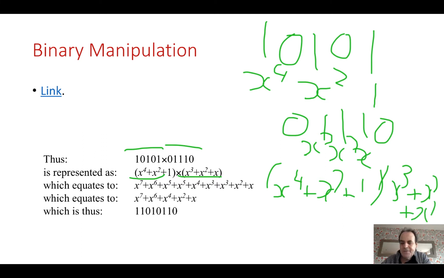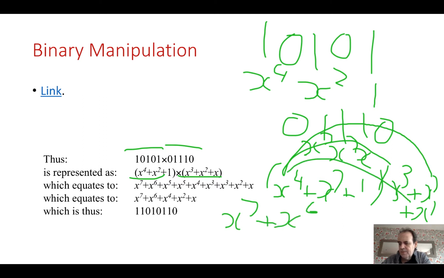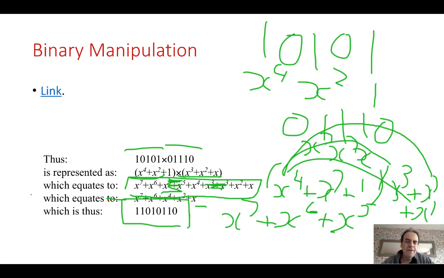Run out of space. So we multiply that one by that one to give us x to the 7. This one by this one, which is x to the 6. This one by this one, which gives us x to the 5. And so on. So we end up with 9 values here. So the one thing to notice is that we should be able to get rid of the x to the 5 because there are 2 of them, and the x to the 3 because there are 2 of them. So we end up with x to the 7, x to the 6, x to the 4, x to the 2, x to the 1, which gives us this value here. Okay, so we'll just check that